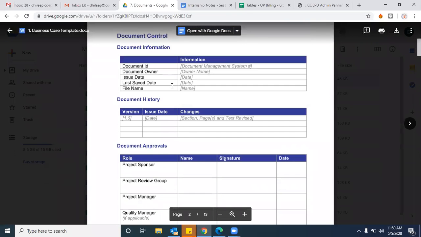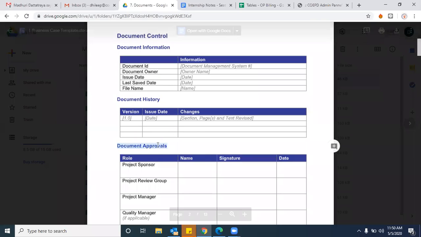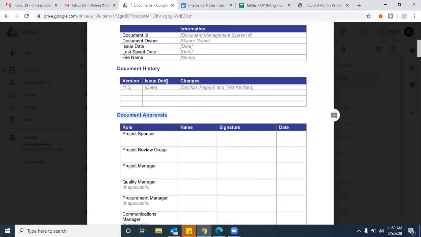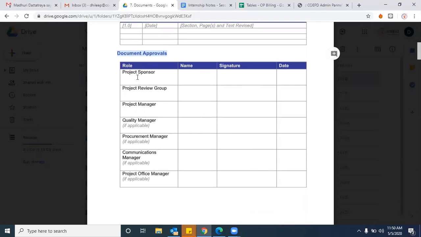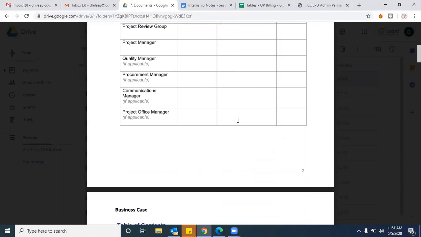So these three elements are in common. This document approvals, it depends on the document. A couple of documents will be shared with no need to have any approvals. At that moment, you can avoid document approvals. And a couple of documents need to get approval. Then you have to keep these approvals as well, and from whom you are taking approvals, their roles and names and even their signatures. Not a physical signature, digital signatures along with the date, on what date they signed it. You have to map it. Clear on this?